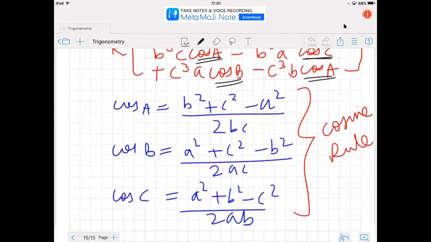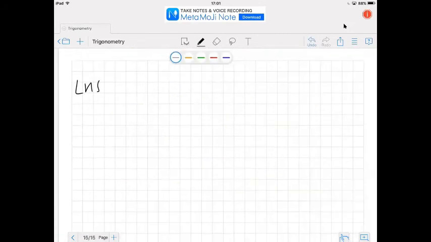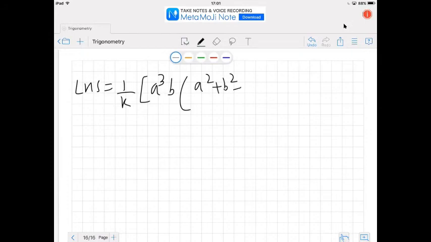Okay, so my left hand side is equal to, so 1 by k वैसे ही common है. Okay, and we have a cube b multiplied by cos c. So cos c के जगह पे मैं a square plus b square minus c square upon 2ab लिखूंगा यहाँ पे,